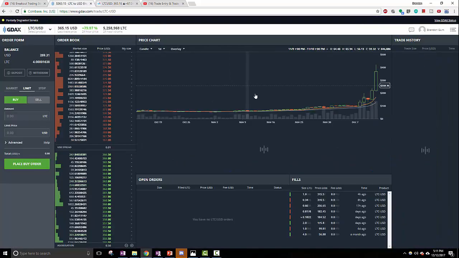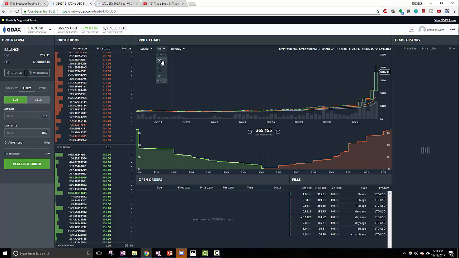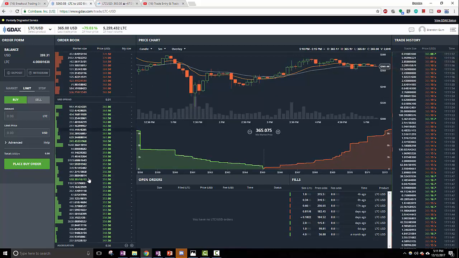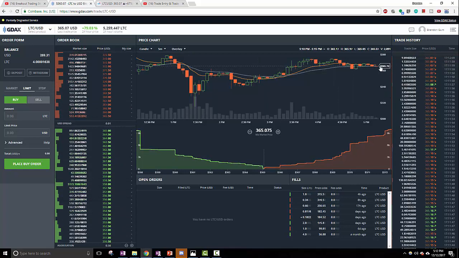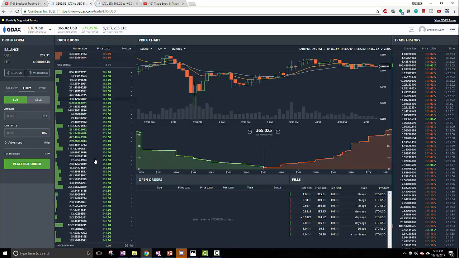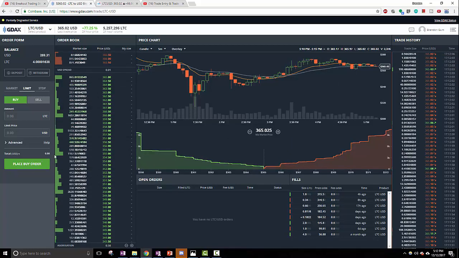I came over here to GDAX, and we'll just go to 5 minute because, why not? Essentially, this is called the dome right here. If you don't know anything about trading, which 99% of you don't, this is called the dome. I went down here, for example, we're trading at this price level right here. If I'm trying to look for where would I start to see support, I would look here on the dome. This morning, this was super thin. Some of the thinnest amount of orders I've seen on Litecoin ever. And I looked down and I saw 315 had a massive wall. There was like 20,000 Litecoins sitting at 315.